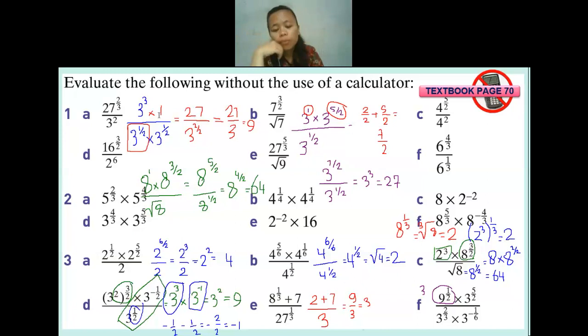Teacher, I'm just curious. In indices, do we power the number first inside the indices, or do we square root the number first? It will be up to you. The answer will be the same. So it depends on the number. Sometimes if the number is nice, like maybe 4 to the power of 3 per 2, you can square root the 4 first, and then later the result you can make it to the power of 3. Or if you want to make it to the power of 3 first and then square root later, the answer will be the same.